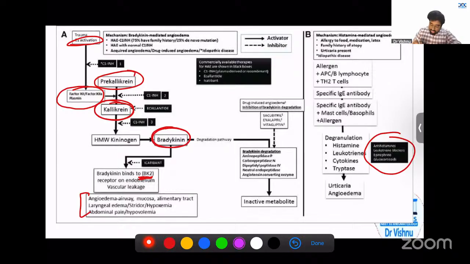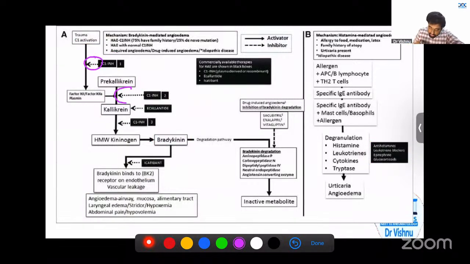Now, your main molecule here is the C1 inhibitor. So C1 inhibitor is basically stopping, you're seeing the dotted lines here, right? It's basically stopping this particular pathway. It is not allowing bradykinin to be formed. So bradykinin is not able to bind to its receptor and it's not able to cause bradykinin mediated angioedema. So this C1 esterase inhibitor is actually a good thing, right? Because it's not allowing the body to have bradykinin angioedema. When that is absent, what do you call it? C1 esterase inhibitor deficiency, right? So when that is absent, then you basically get increased bradykinin, and that causes bradykinin induced angioedema.